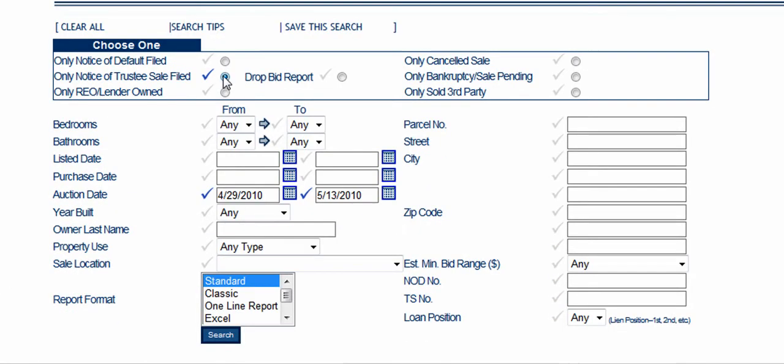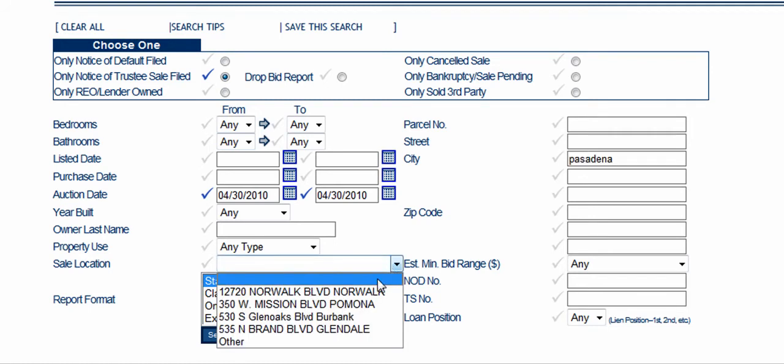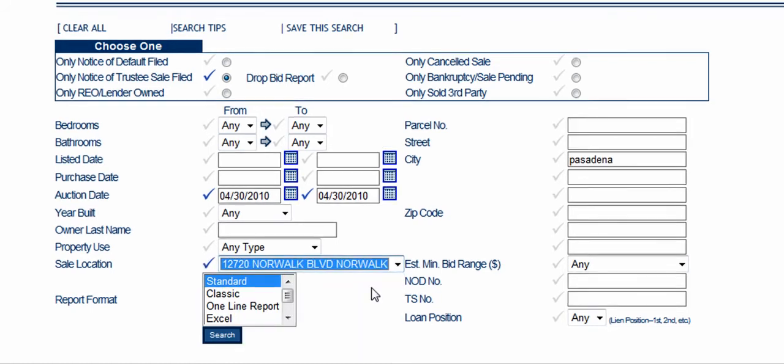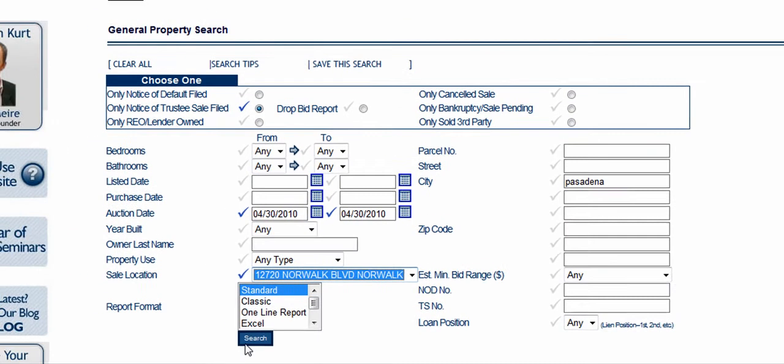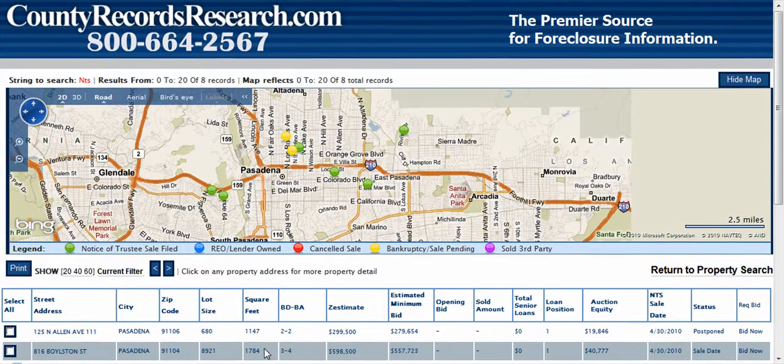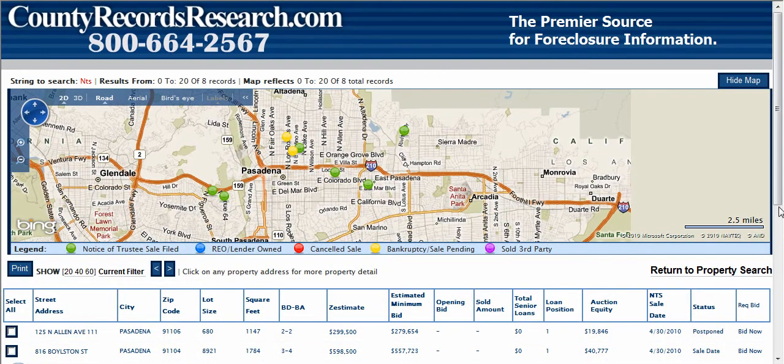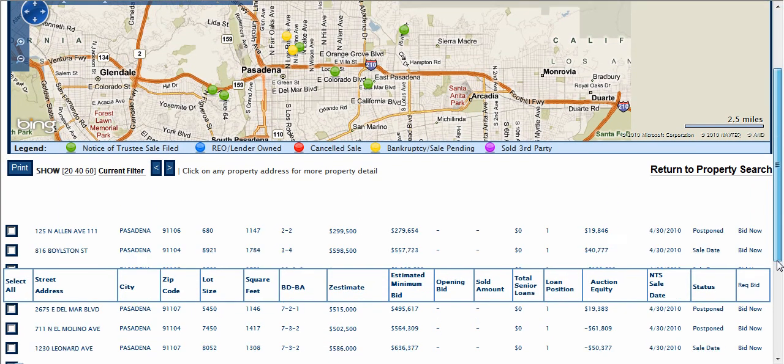So let's look at trustee sales for April 30th, and let's say that we're interested in buying properties in Pasadena. And let's also look for properties where the sales are being held at the Norwalk sale location. Now once you get your results, all you need to do is go through, look at the various properties